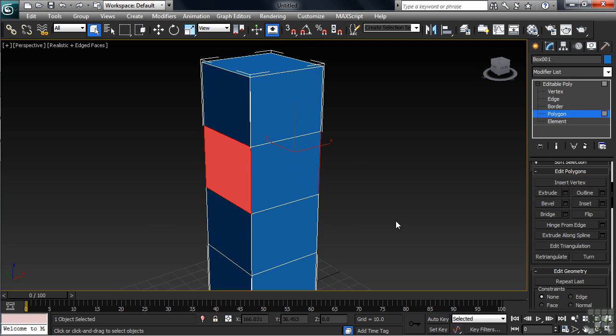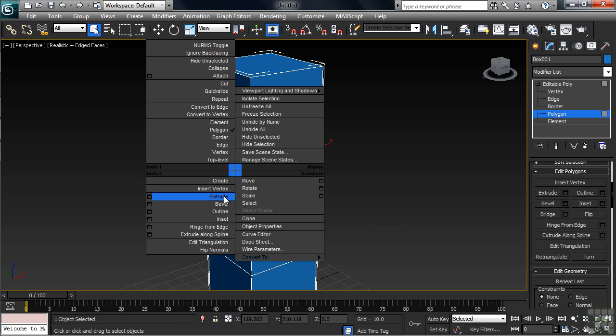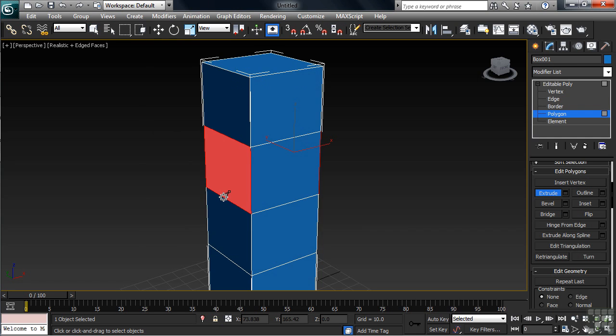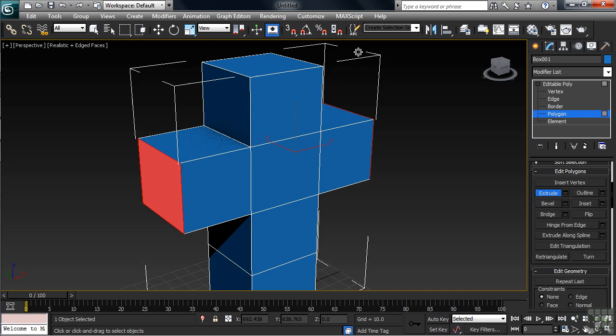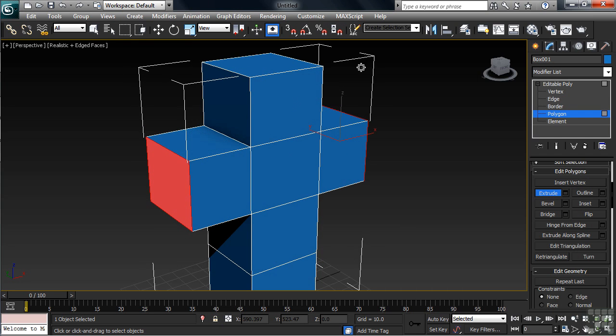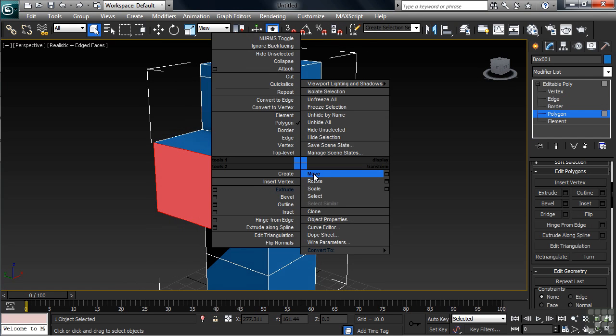Many of Max's modeling commands can also be found by simply right-clicking on the screen. In the lower left-hand square, go ahead and activate Extrude. Now we'll go ahead and extrude both polygons out. With the polygon still selected, we have access to all of our transform commands. We can move,